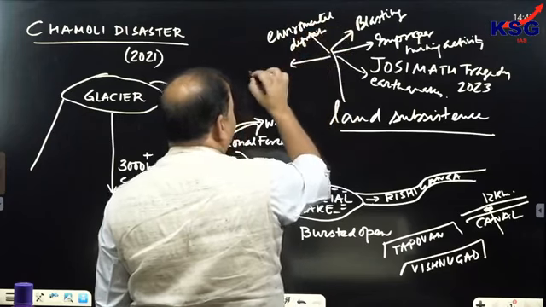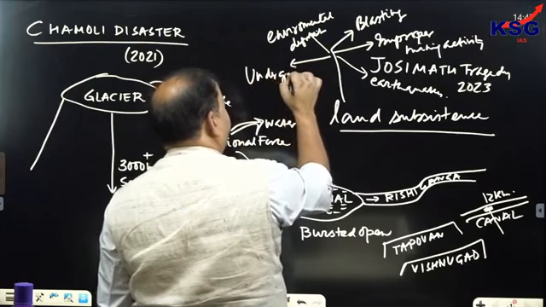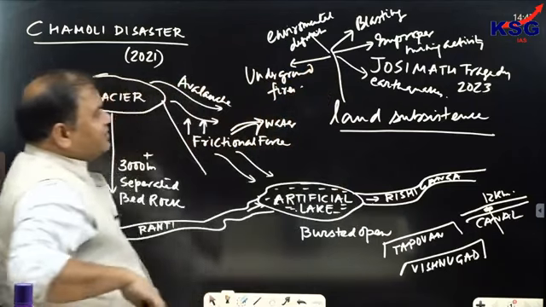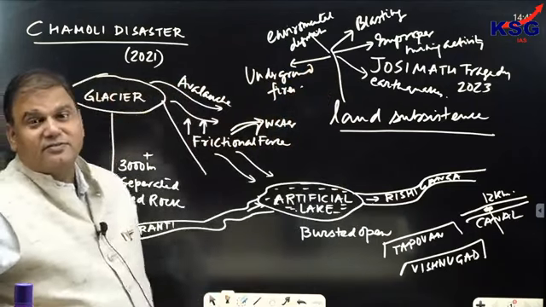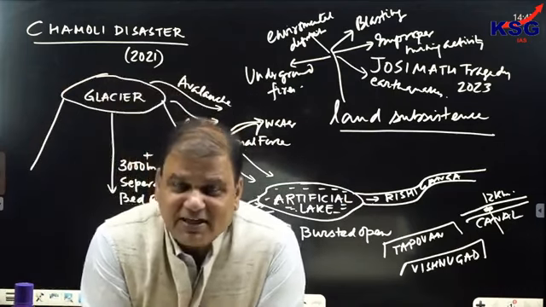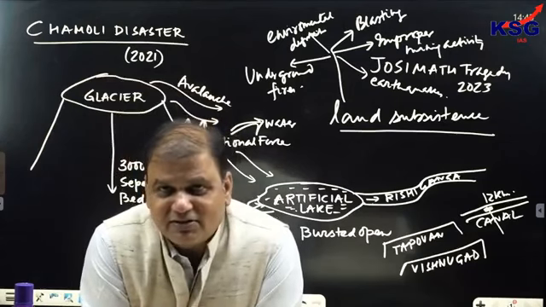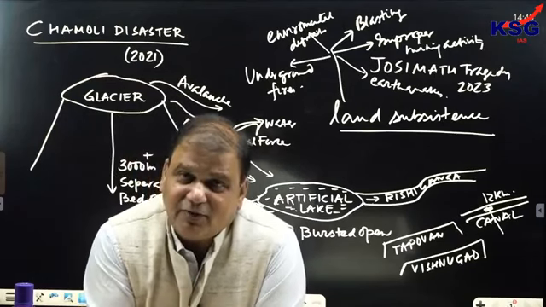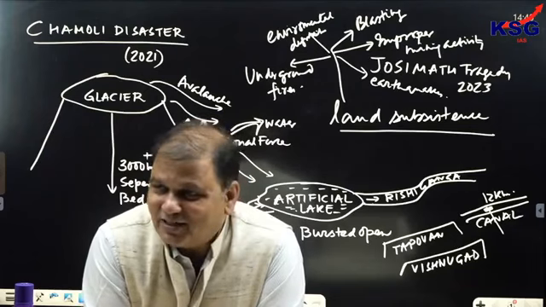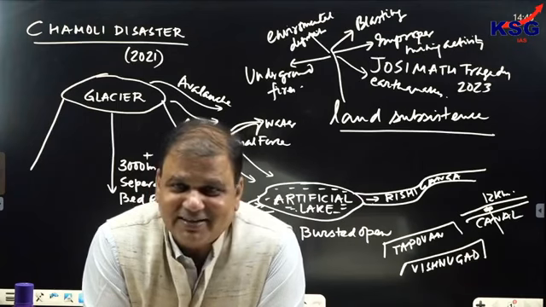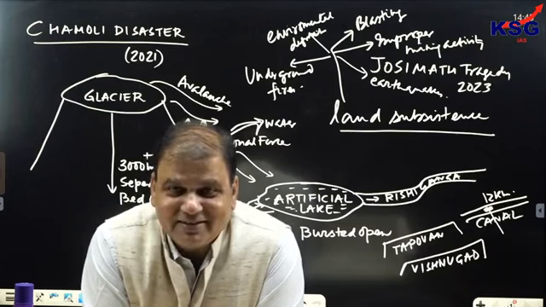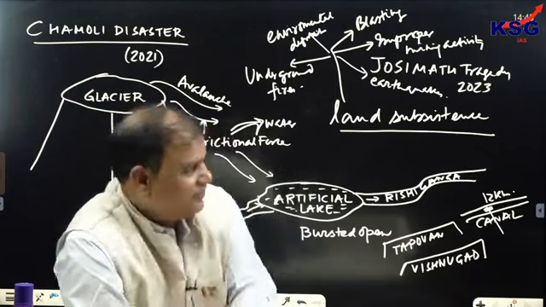Then underground fires. All these are the reasons behind land subsidence. So the Joshimath tragedy is nothing but an example of land subsidence, which can take place due to many reasons. Raising of cattle on a large scale can be responsible for land subsidence, because when the cattle graze the areas, soil erosion would take place, which would activate this. Clear? Fine. So all these are the reasons.